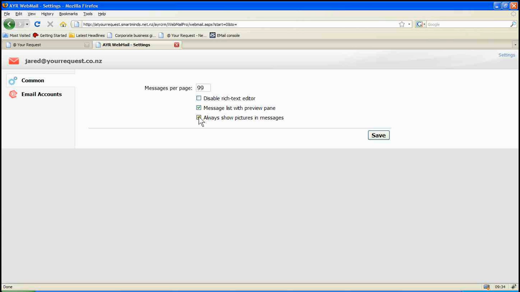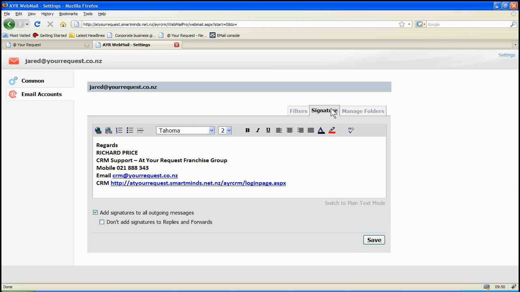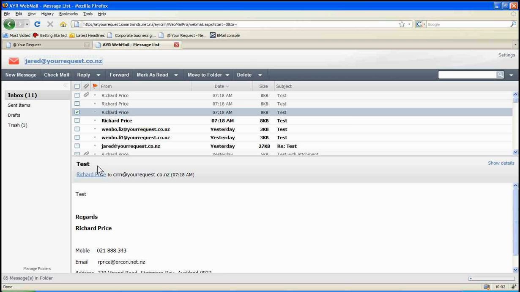You can also show that preview pane, which shows the email in preview. You can switch that on or off by clicking that. You can also show pictures within your emails that you receive, but once again that slows down the performance. If you make any changes, click Save. You can also go in and set up some rules. You can also change your signature in here, and you can also add folders. So you can just save and add folders. So once you've done all that and you want to